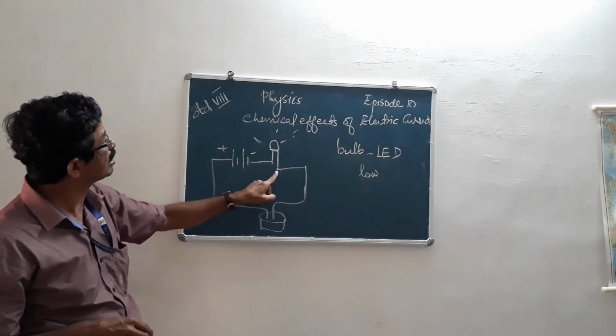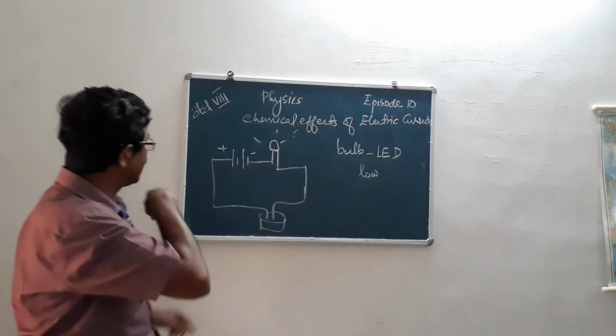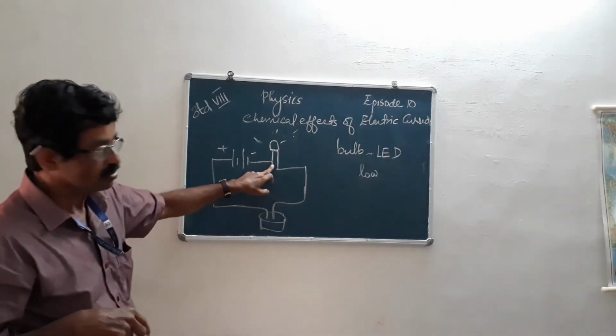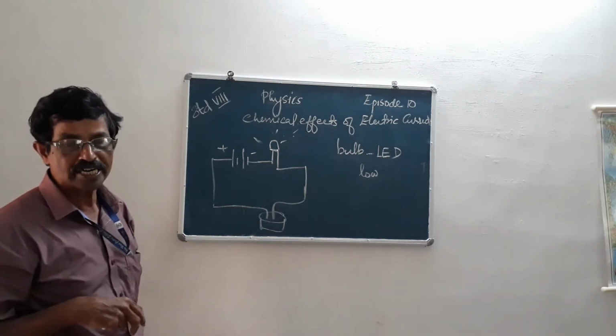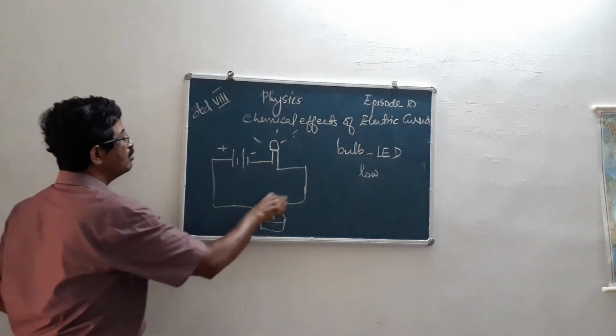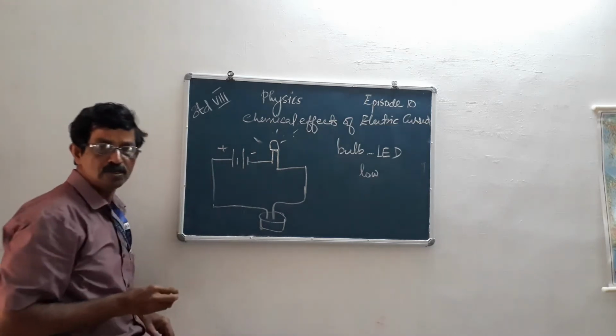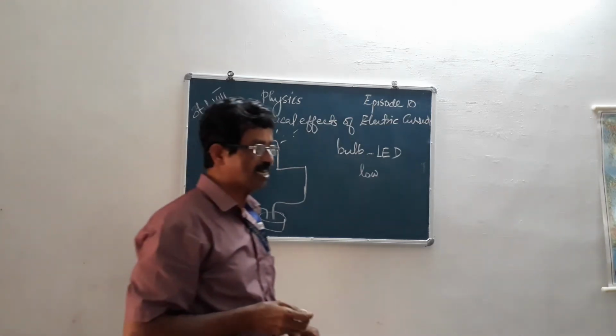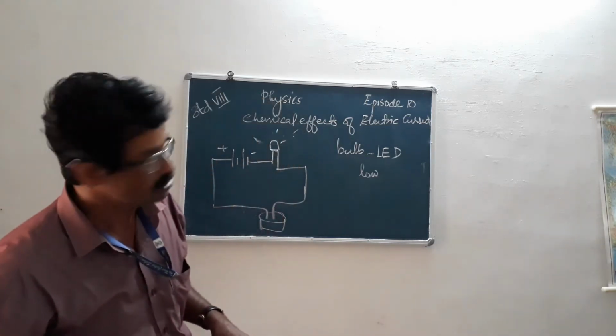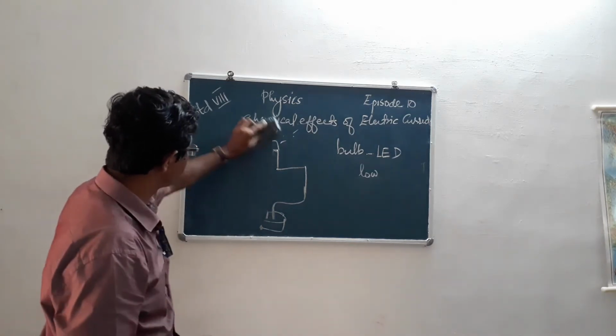One is a bit longer than the other, and this longer one is connected to positive and the shorter one to negative. Now we can make another kind of tester by using